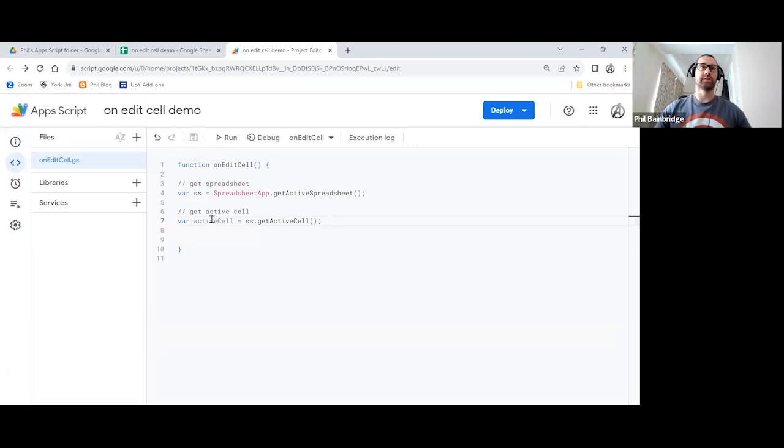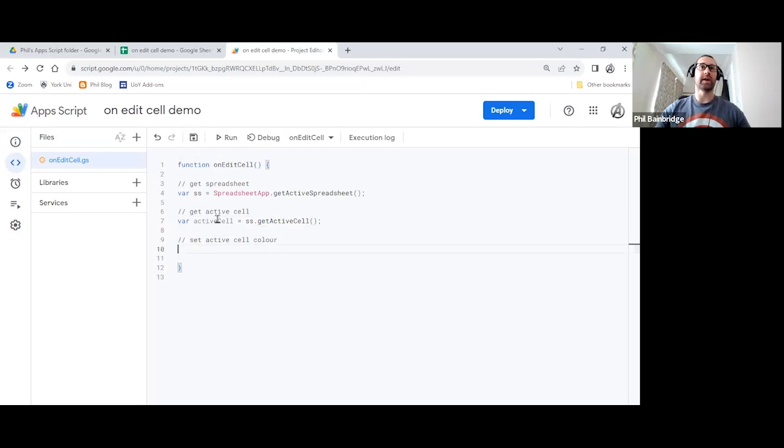So now we've got the active cell. The last thing we want to do then is to change the actual color. So I'm going to insert another comment here, and we're going to say set active cell color. Now we're performing an action here. We're doing something. We're not storing an output. We're not getting a value back. So we don't need to store this as a variable at this point in time.